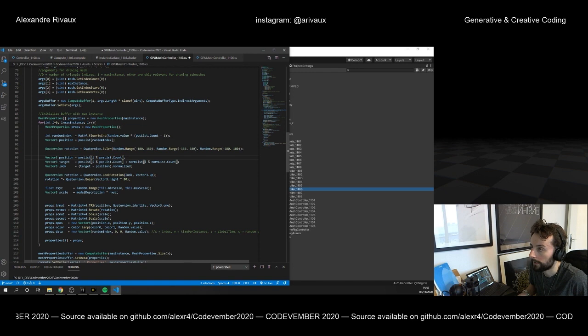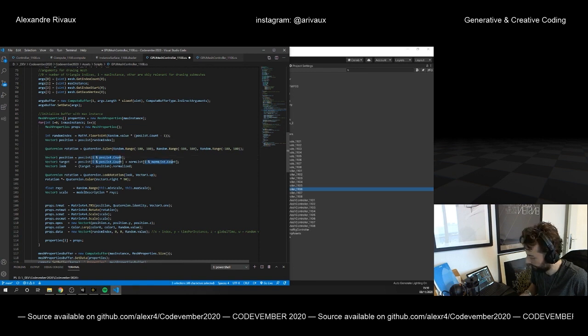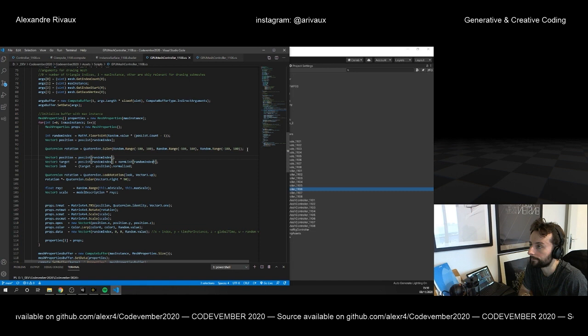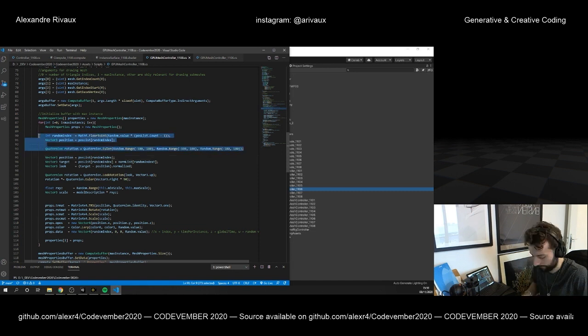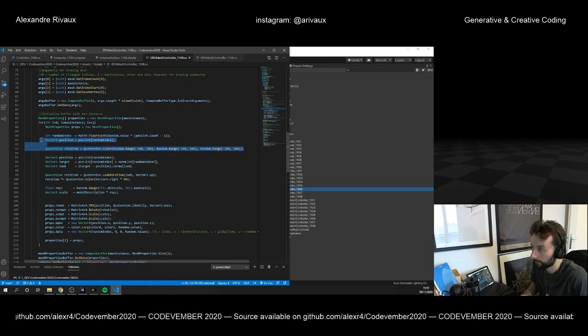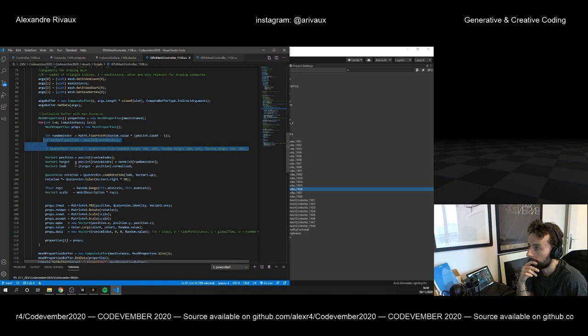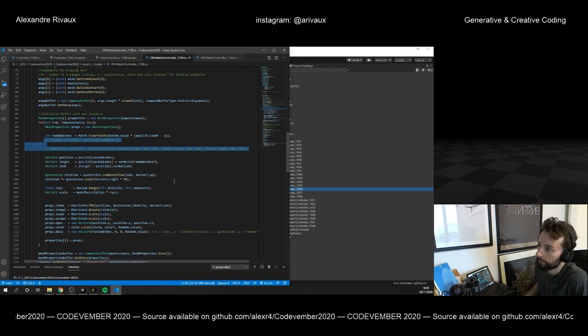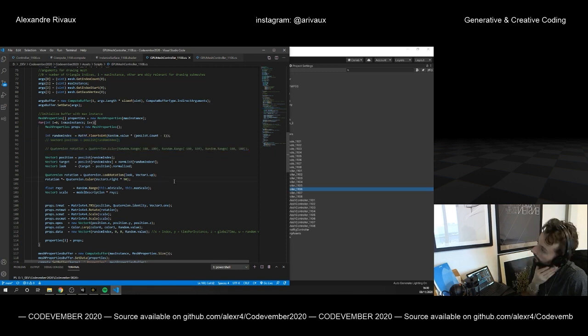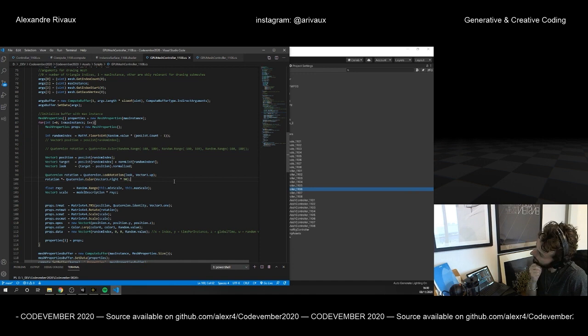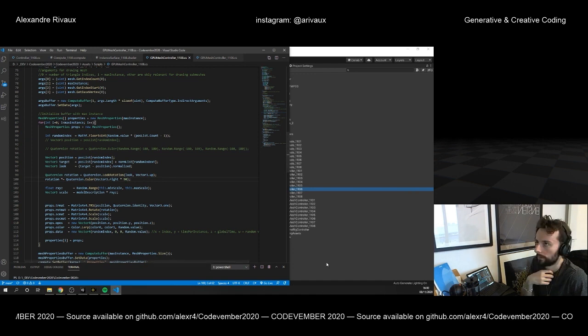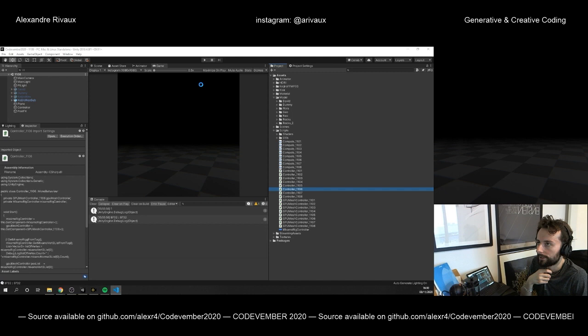Now, okay, so this is not this one. Position, target, look, rotation, quaternion. Now if the pivot is correct,